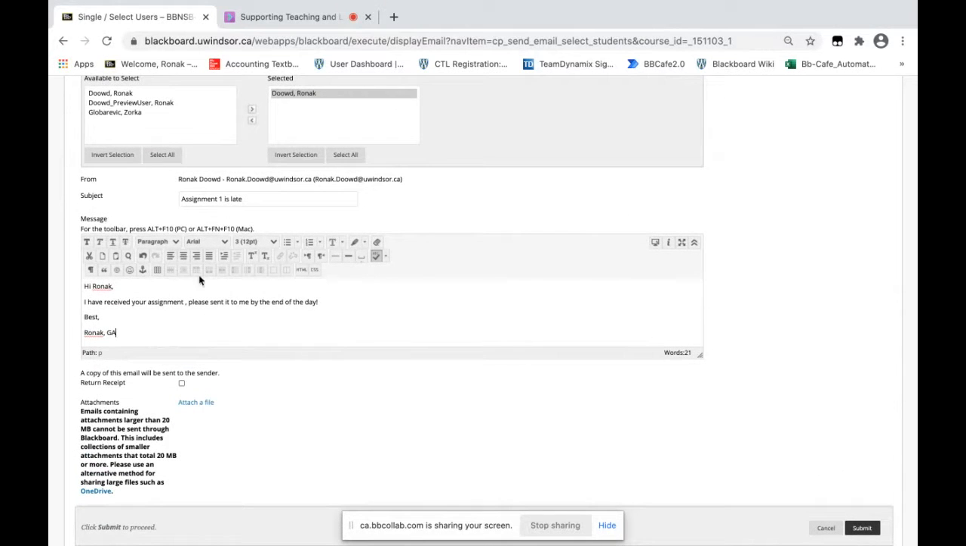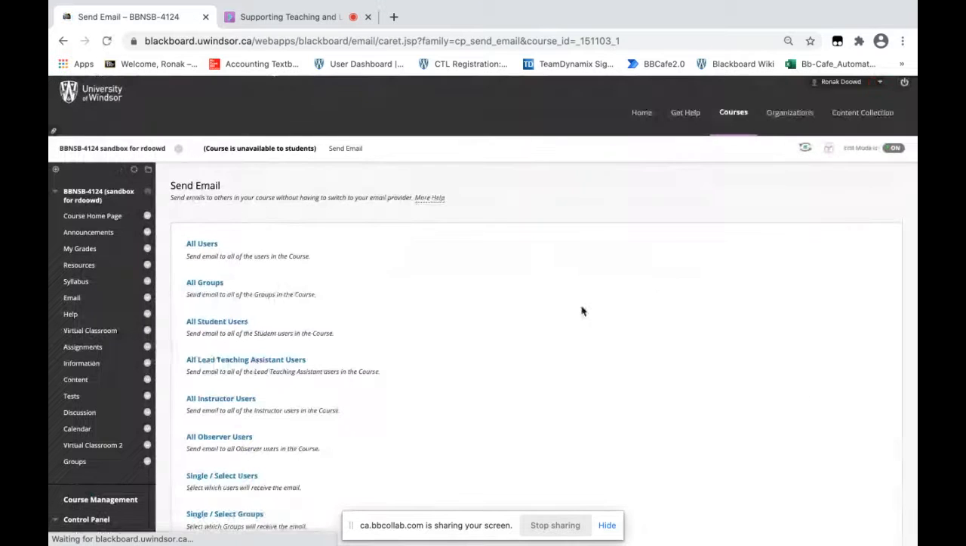the content editor. Again, you can make those formatting changes wherever you'd like. And then once you press submit, that email will be sent to that student's external Outlook inbox. So that's how you would email someone. So now that you know how to email and to send an announcement, I'm going to stop sharing my screen